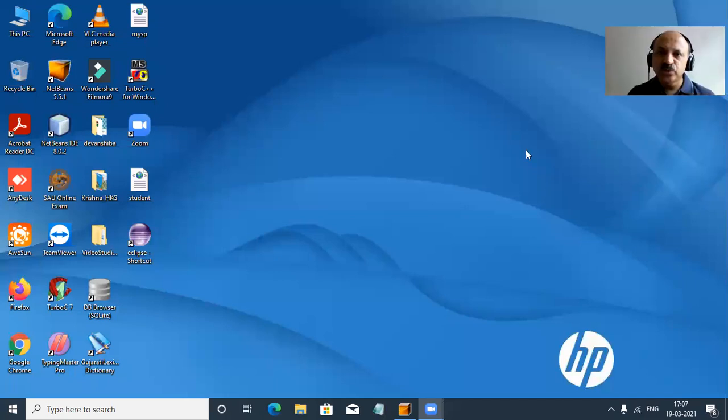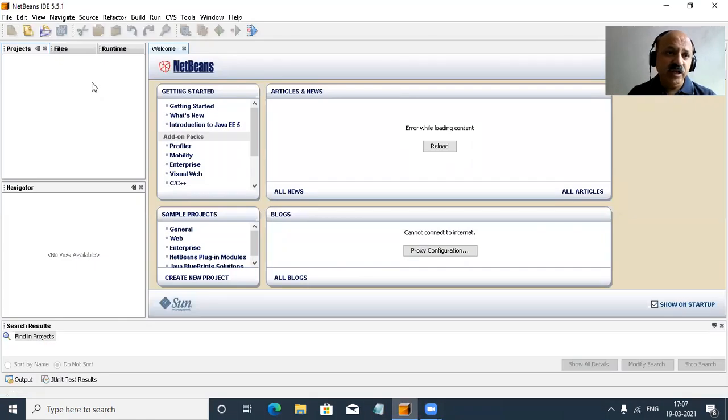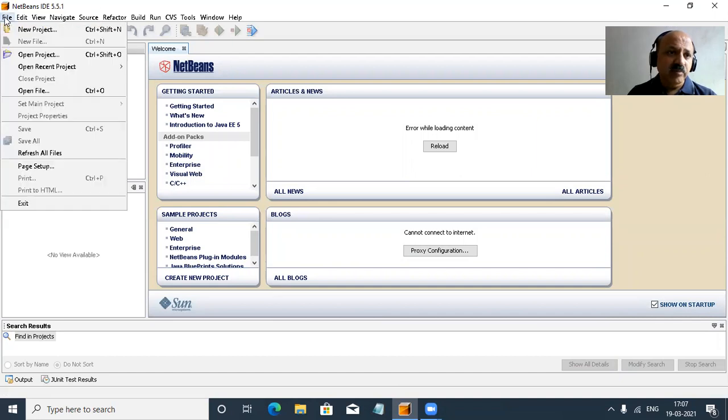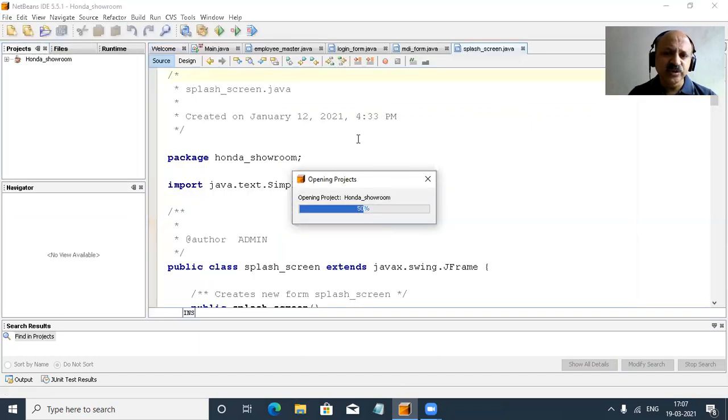In this session, we learn the add, save, cancel and exit button coding in a J2EE project. So let us start. First, I share my laptop screen and fix the position so you can watch my video lecture better. Here I open NetBeans IDE 5.5.1, and in the File menu, under Open Recent Project, the last project is listed here. You can also open a particular drive so that we can use it directly here.